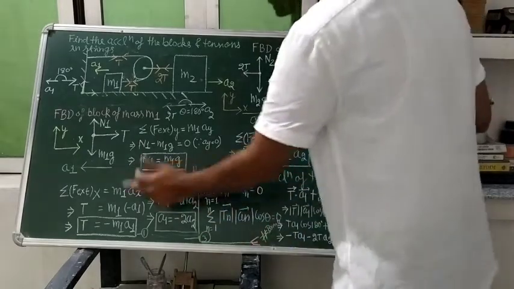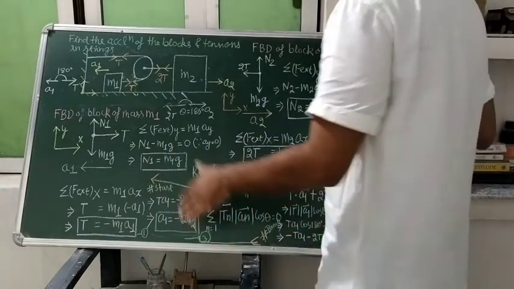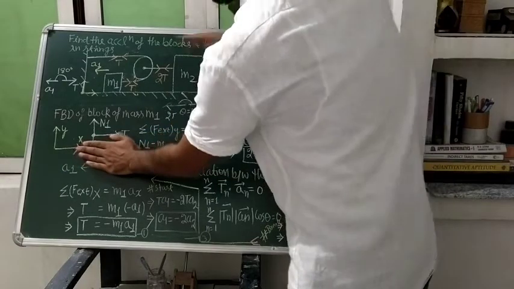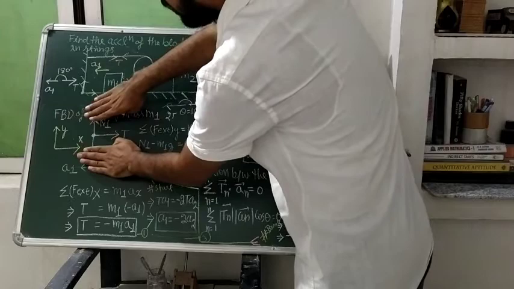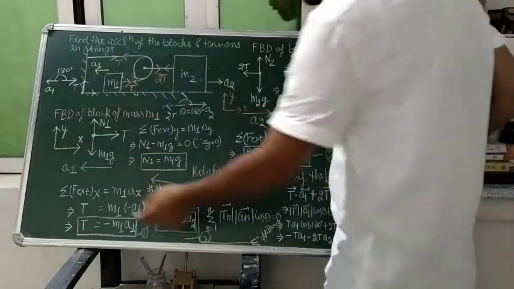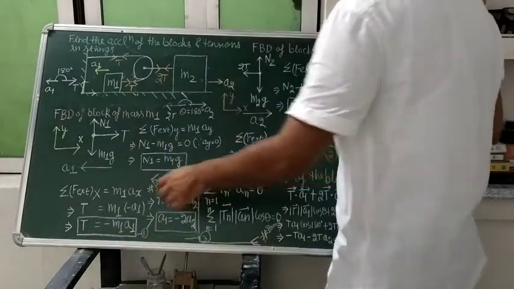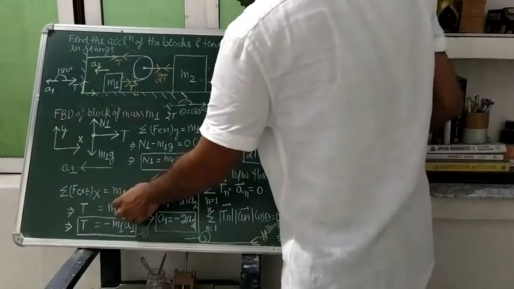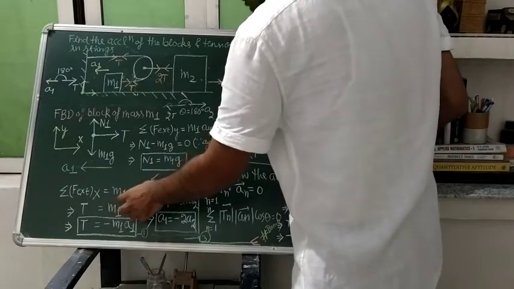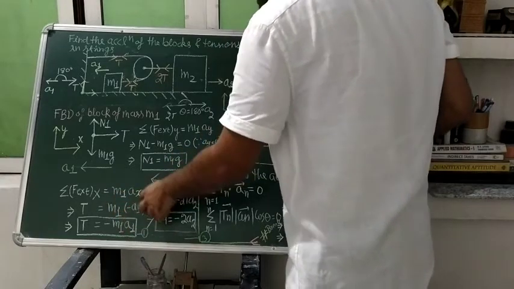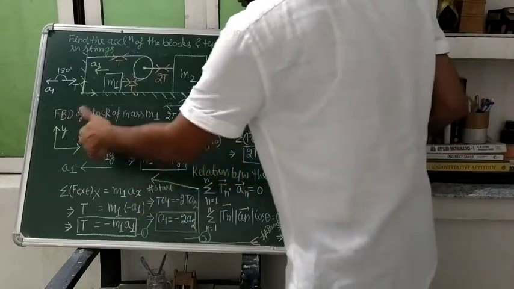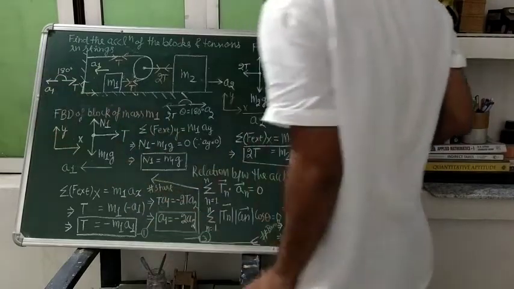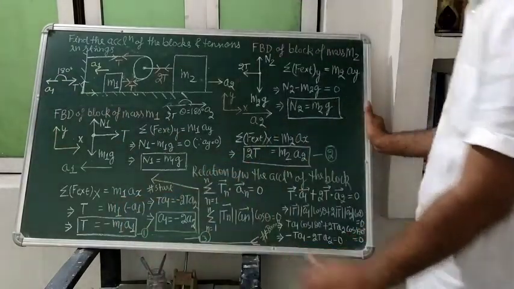Mass times the acceleration in that x direction. So the external force in the x direction is only what? This tension. So the tension will be equal to the external force, the tension only. That will be M1, mass M1, times the acceleration in the x direction, which is what? Minus A1, isn't it? This side is the positive side, so A1 is acting on that side, so it will become minus A1.